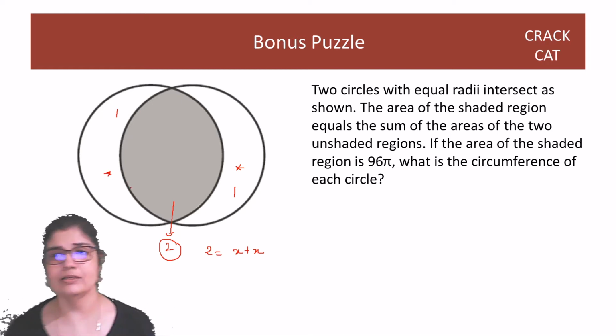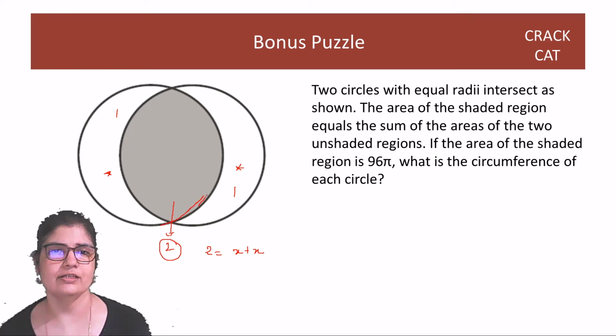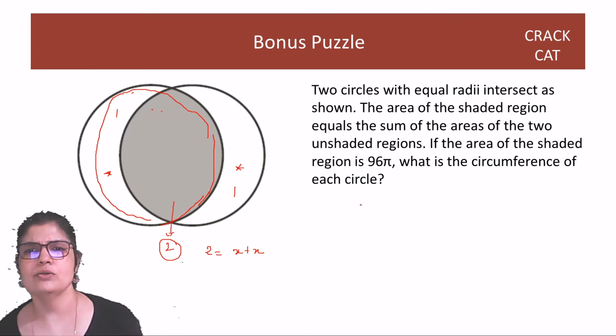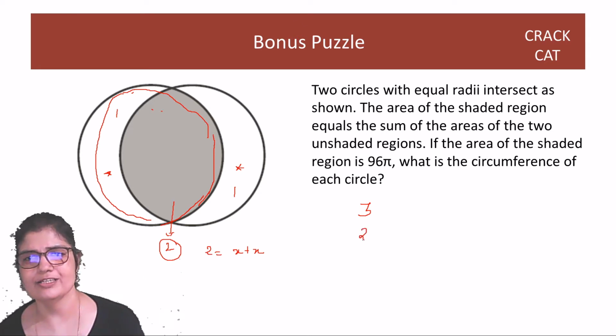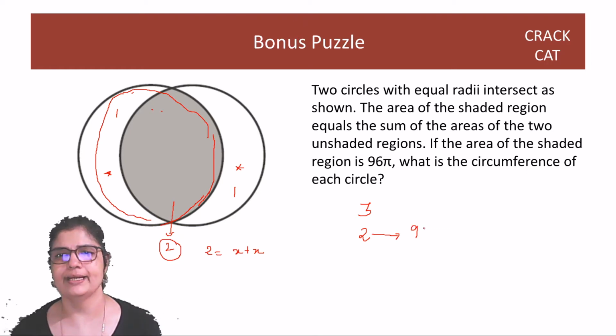So आपका circle का area हो जाता है एक circle का area, right? It is the shaded region. So let me just trace, right? The circle area is this shaded region plus the unshaded region. ये पूरा this region, right? Oops. This is a horrible circle. Anyway, so the full circle is 3. Now I know that the shaded region is 2, right? And 2 is equal to 96. So 3 guys will be equal to 144.